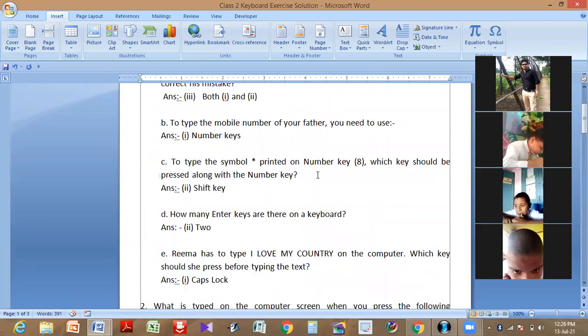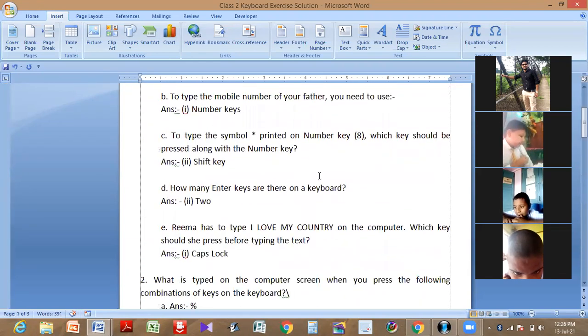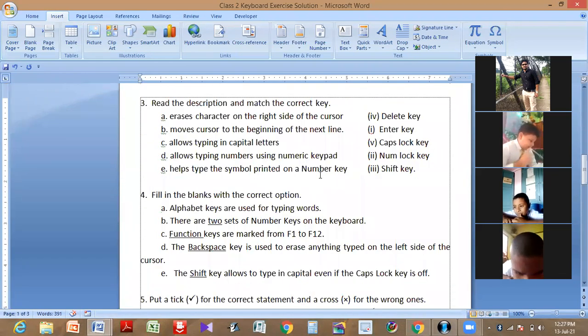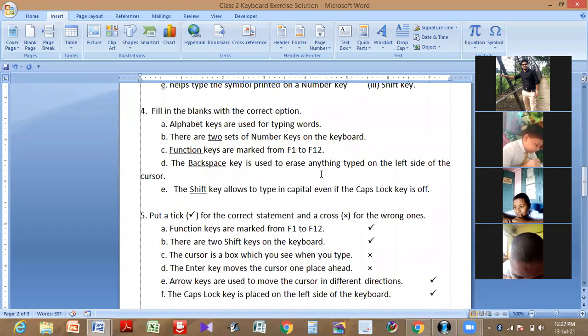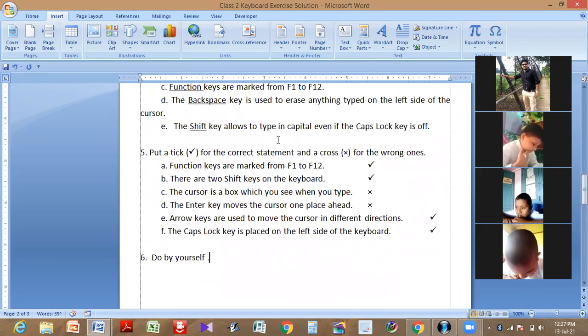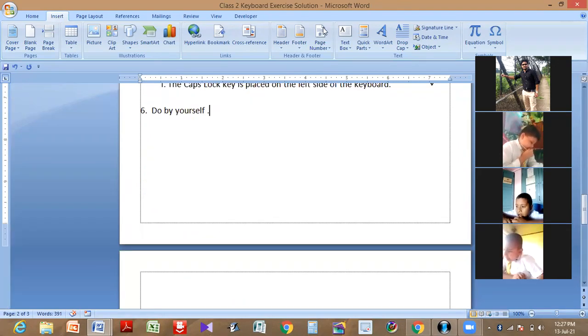I hope all of you have written all the question answers. So now all of you need to learn these question answers as soon as possible, because from next month your exam is going to take place. So there is very little time. All of you please write. And the most important thing